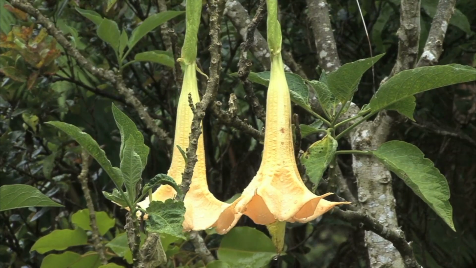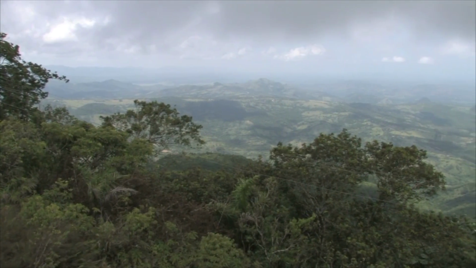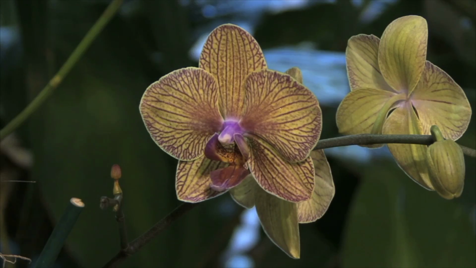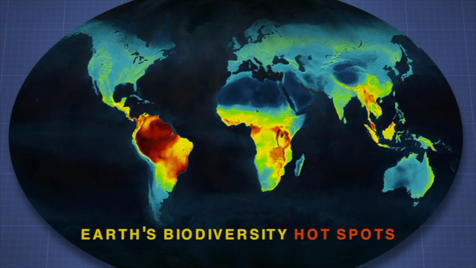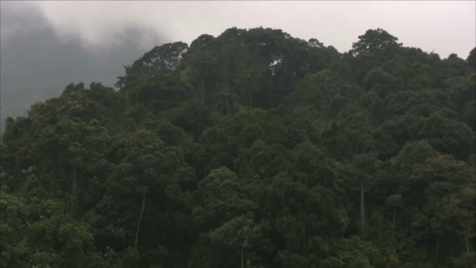They are particularly important areas for conservation because the remaining habitats account for just 1.4% of the world's surface, but support 60% of the biodiversity on the planet. If we continue to lose these hotspots, biodiversity will be obliterated and life on the planet could collapse. The Amazon rainforest is an example of a biodiversity hotspot.